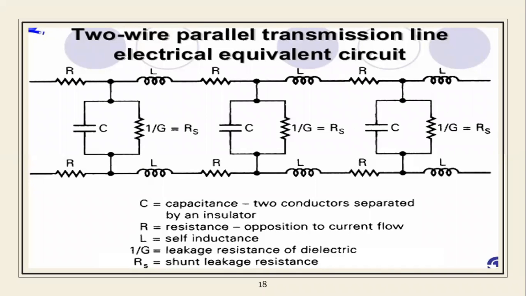Now this is the equivalent circuitry of your ideal transmission line, the electrical equivalent circuitry of the transmission lines, which is the two wire, parallel connected. See here, all of you pay attention here. See here the connections: here the series connection, here the parallel connection. Series combination from the top and the bottom, the middle is the parallel. Again the series from the top and the bottom, the middle is the parallel.